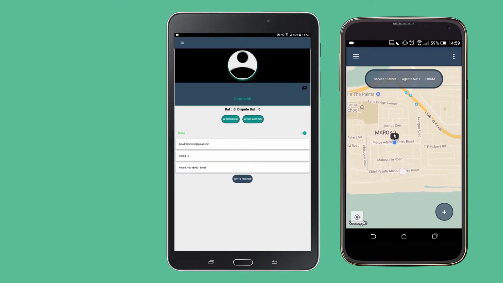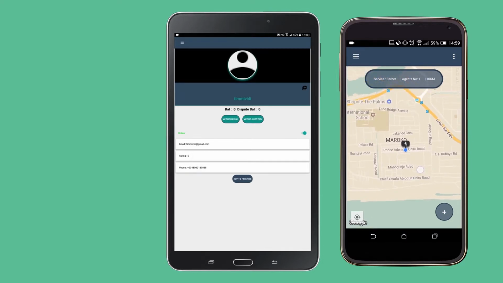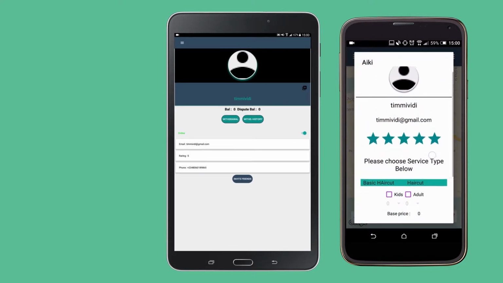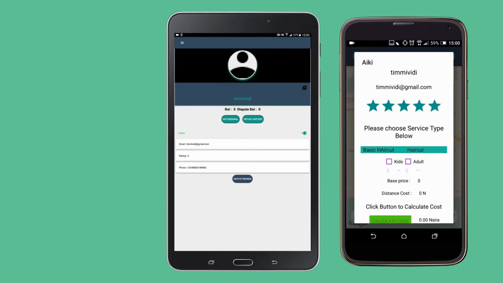So now I want to call the barber. He's the only barber I can see around my area, and I decide to click on him. And another thing to notice, this application I'm using for the test is actually a bit edited, modified, because I'm testing on the live platform and I'm using real money, and I wouldn't want to charge myself with the default aiki charges. So you will see some funny charges here, but please bear in mind that the pricing is actually not 5 naira or 3 naira